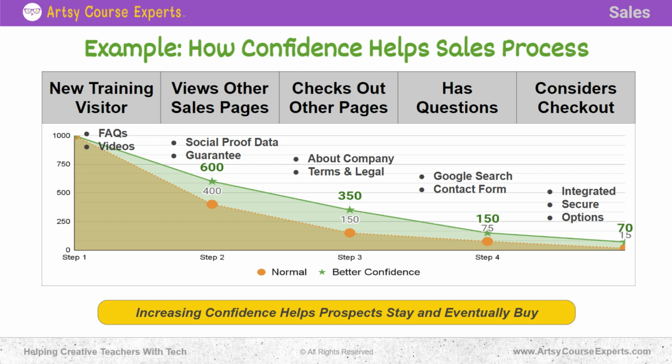And then finally, they're going to consider your checkout. They're going to say, okay, everything looks good. Let me go ahead and I'm almost going to buy. Let me click buy just to see. And they want to see that that's branded, it's nice, it's fast, it's secure, has good options with the credit cards or PayPal. And so all of these things together, providing that confidence from, let's just say you get 1,000